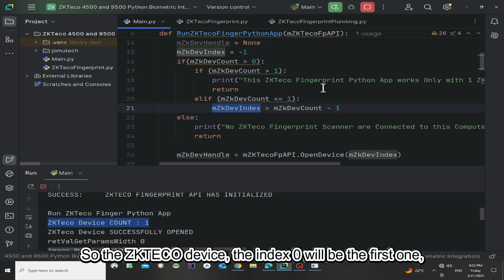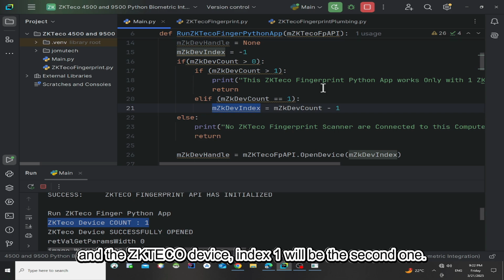So the ZKTecho device at index 0 will be the first one, and the ZKTecho device at index 1 will be the second one.